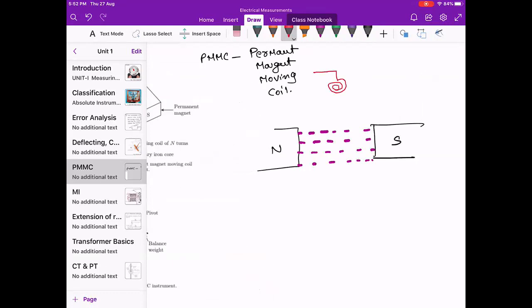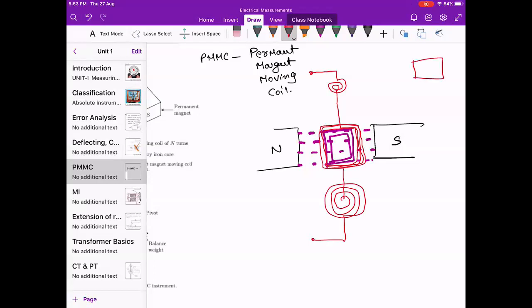First it will go to the spring, and there will be an aluminum former here. On that it will be wound. This is the first turn, second turn, third turn. A number of turns will be there, and after the turns it will come back, go again to the spring, and after the spring it will come out. There will be two terminals for any